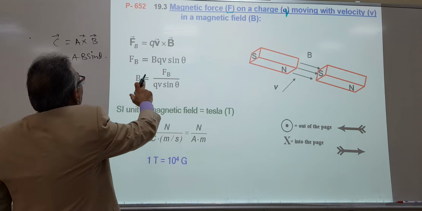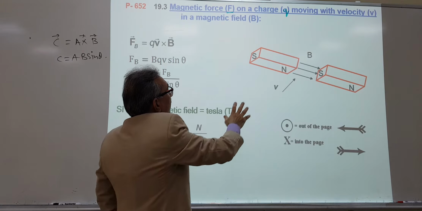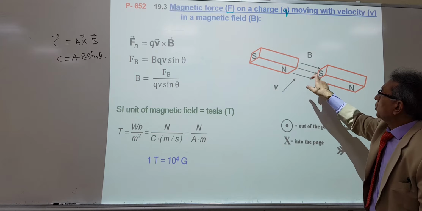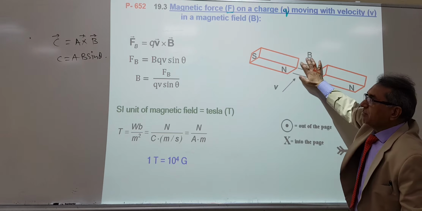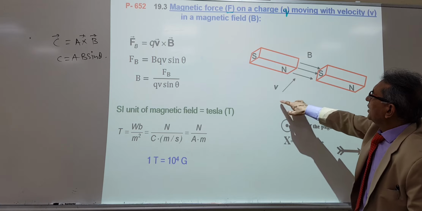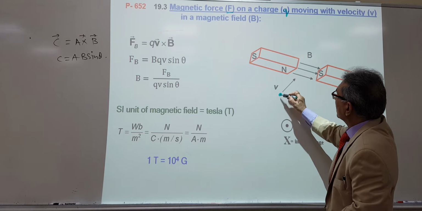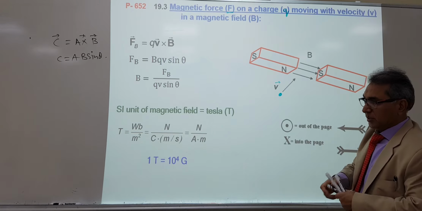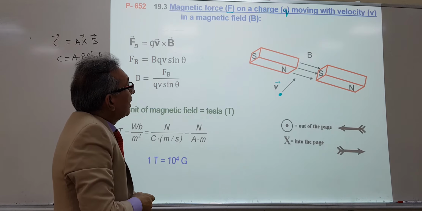Right. So we have here V. You see, for example, if you have two magnets, as I told you earlier, from the north into the south pole, these are the magnetic field lines. So you have magnetic field here, magnitude B. If a charged particle is traveling with velocity V, when it enters the magnetic field,